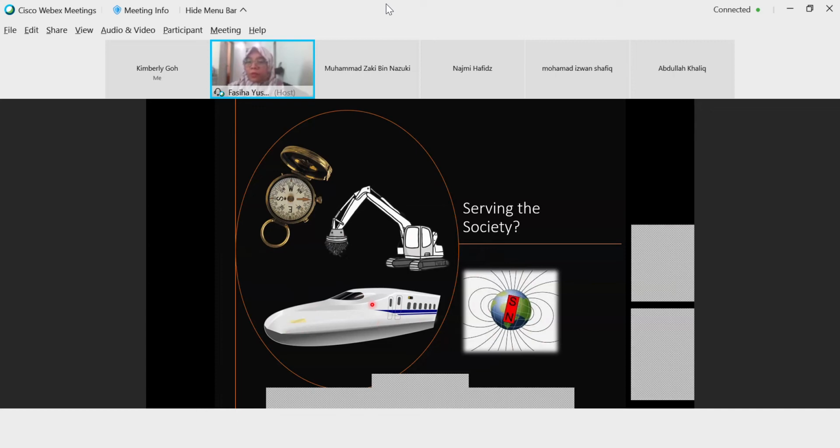So using this concept, this is maglev. How fast can this maglev go? Anyone know? This is a very fast train that runs on the concept of maglev. Engineers create this. Engineers don't discover theories, engineers create things, to help people in the society improve their life. So they want faster transportation.